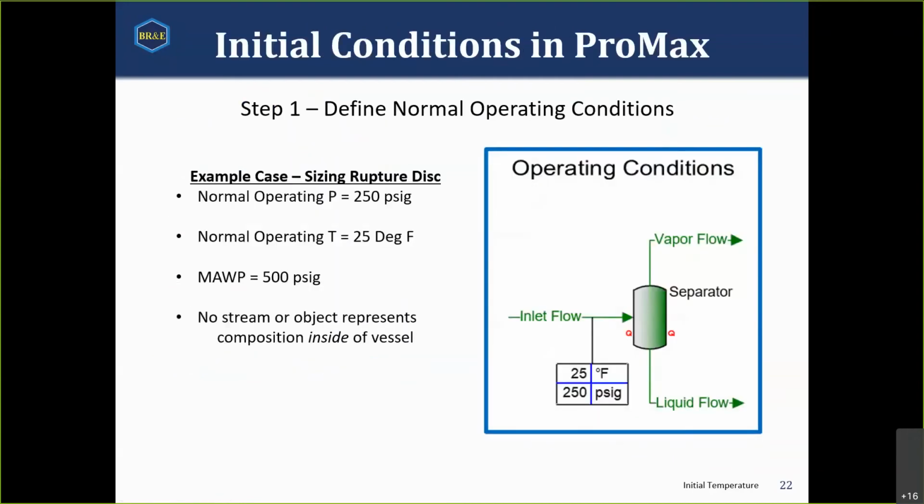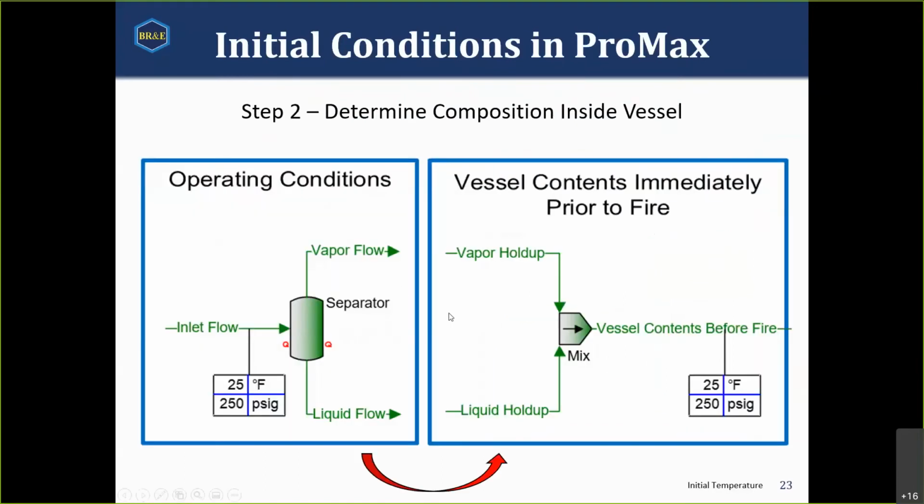So if I were to create something in ProMax, let's run through an example. If I had a stream operating typically at 250 pounds, 25 degrees, and my vessel had a maximum allowable working pressure of 500, I might have a system that was modeled like this. No stream or object represents what's happening inside my vessel. I need to create a stream that does it. To do that, I will take this vapor flow and this liquid flow, and I will adjust their flow rates until I have the correct ratio